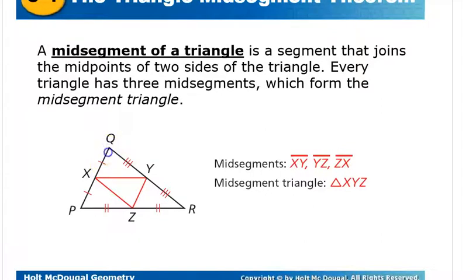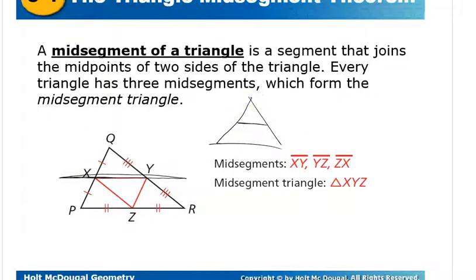See where this side is? Our midsegment starts at the midpoint right there and goes to the midpoint of this side. So this right here, our XY, is the midsegment. There's also another midsegment right here, where it's the midpoint of this side and the midpoint of this side. And there's also another midsegment right here, where you have the midpoint of this side and the midpoint of this side. We're going to be focusing primarily on this type of midsegment where you have a triangle and you have